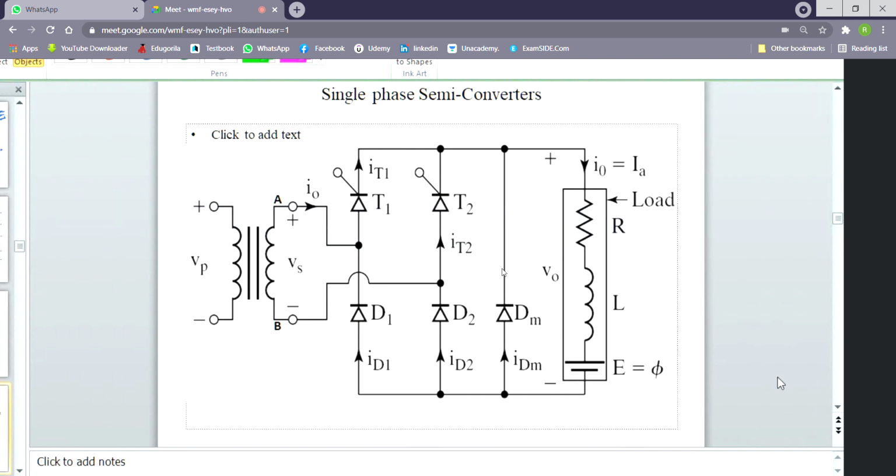Please pay attention to the difference between half wave control and half control in these terms. In exams, your seniors often made mistakes: when I said semi converter, they drew half wave controlled pictures. Semi converter means half controlled, basically having both thyristors and diodes. So as you can see, this is the picture of a single phase semi converter circuit, which is a full wave half controlled bridge converter which uses two thyristors as you can see here and two diodes connected in the form of a full wave bridge.